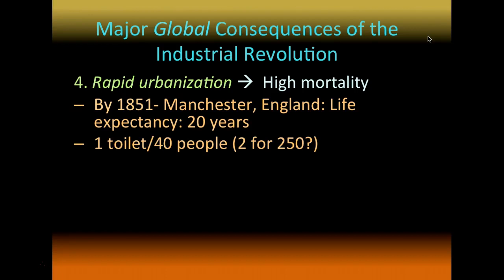1 toilet for 40 people, and other sources I've seen say 2 toilets for 250 people. And we're not talking full bathrooms, we're talking toilets. This is just an unreal thing to think about. And chances are, if you're working really, really hard and not eating properly, your stomach has some challenges, and you probably want to go to the bathroom more than a normal person would, and you're in line with 40 other people. Unreal. 6 out of 10 children die before the age of 5 here. And this is just, what a horrifying thing to have to deal with, to undergo as a mother. And that's probably part of the reason why people had so many children, because half of them were dying.